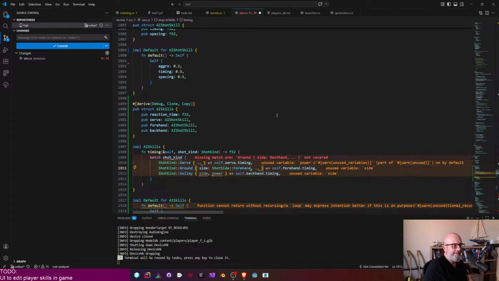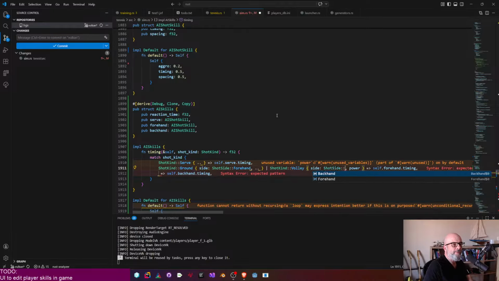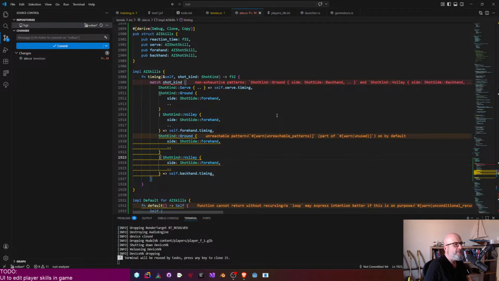So if it is like this, or if it is a volley on the forehand, we're also going to have the same for the volleys. So side, shot side, forehand. And if it is on this side, but for the backhand,